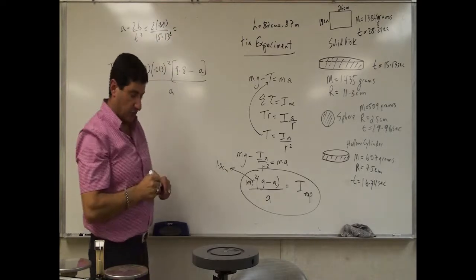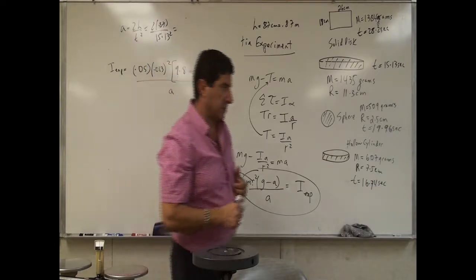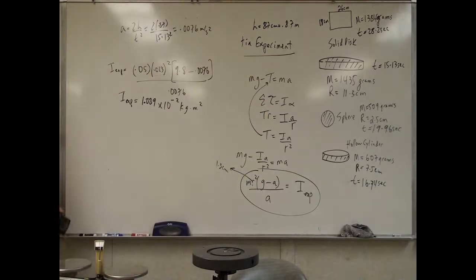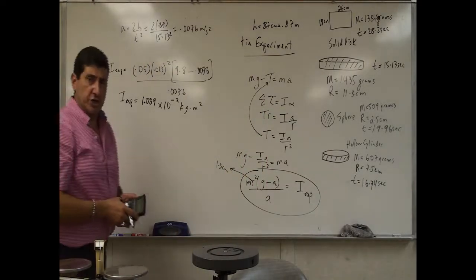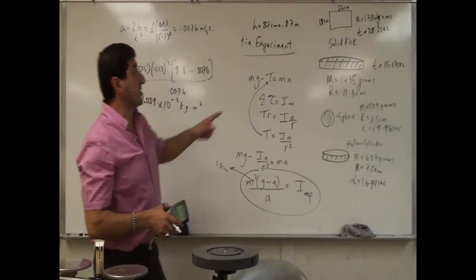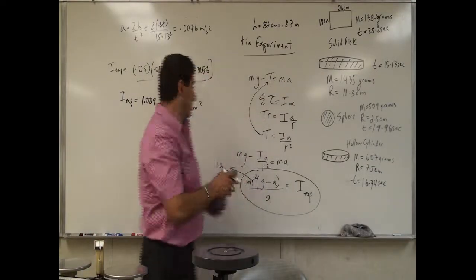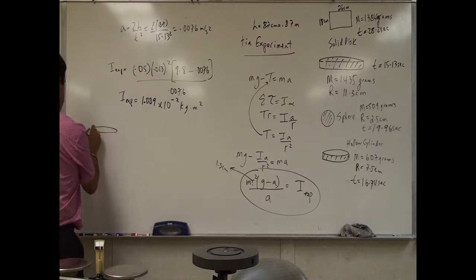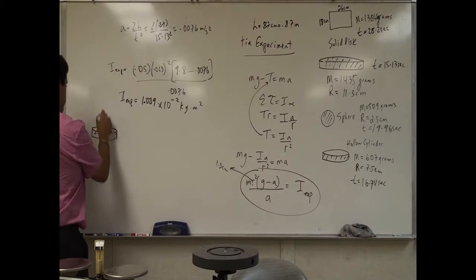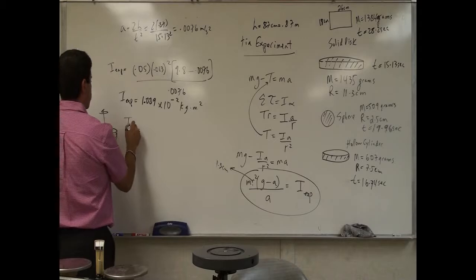So that's going to tell me what the acceleration is. Okay. So that's going to be the experimental moment of inertia of just the solid disk. Now, what's the theoretical moment of inertia of the solid disk? The theoretical moment of inertia of a solid disk, where the mass is distributed throughout the disk, is going to be,